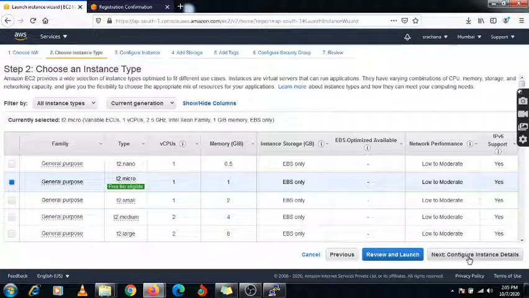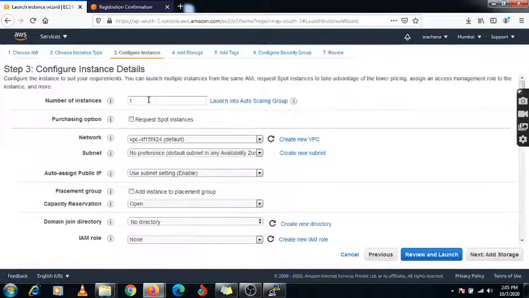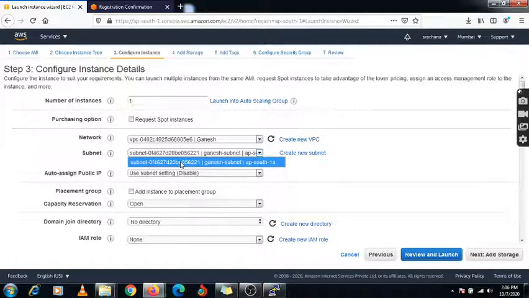So now we need to select configure instance. Here you can select the number of instances, so I am clicking on one only. Now you can select your existing network, that is your VPC. So I am just clicking on Ganesh. Here is my subnet which I have created for this VPC.